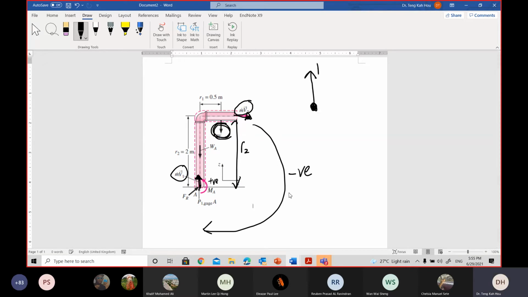I got only the Fy. And how is it going to contribute to rotation? It is not going to contribute any rotational force. That's why this mv1 is not considered. Is it better if I explain it this way? Okay. So if no questions, I carry on. What you have is only the weights.